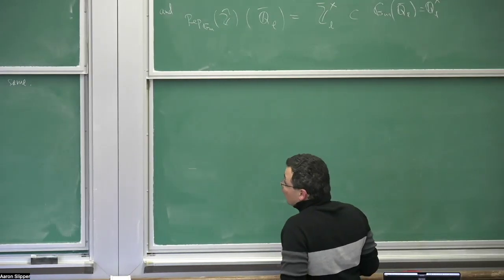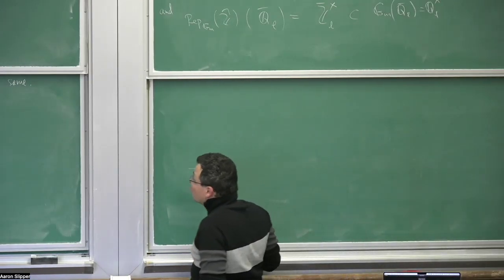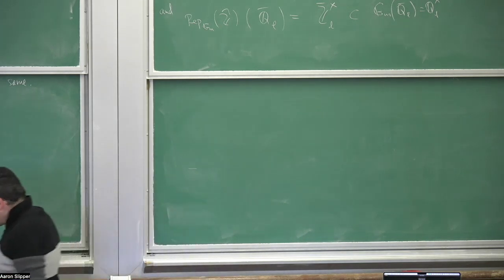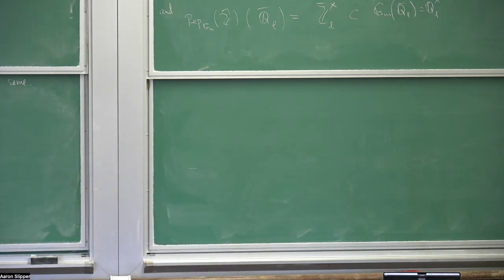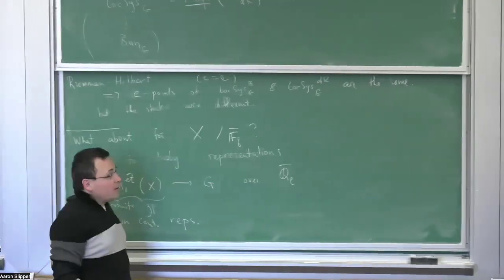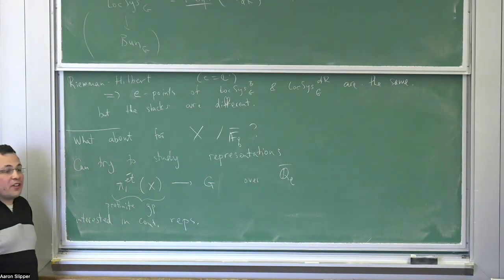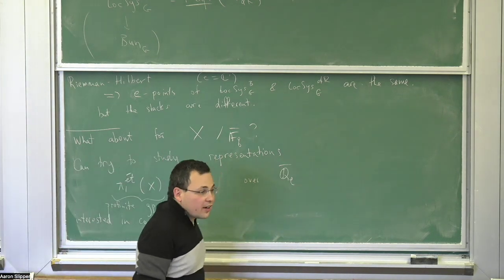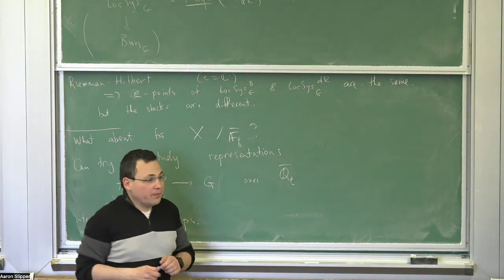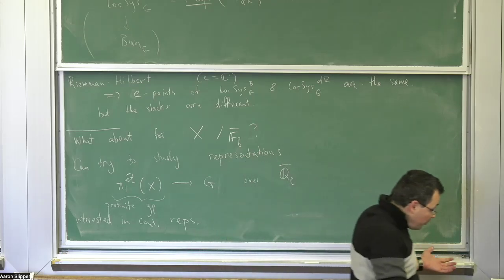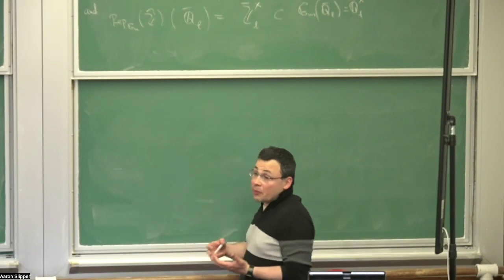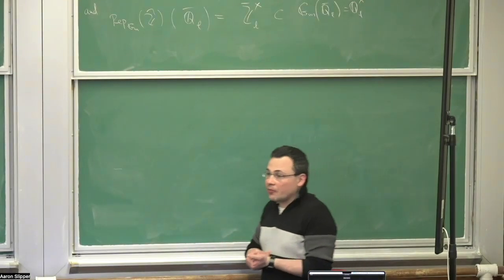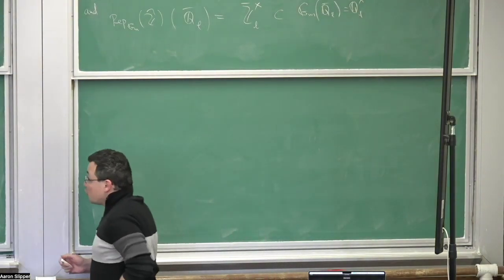Nevertheless, so what to do? Well, we can try to forge ahead anyway. This tells us that if we want any kind of parameter space, it can't be as nice as we can possibly hope. It can't be some stack of finite time. This is impossible. That's what this example shows. But nevertheless, we can try to generalize what kind of parameter spaces we allow. And this will turn out to be true.